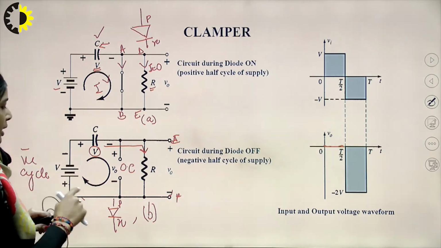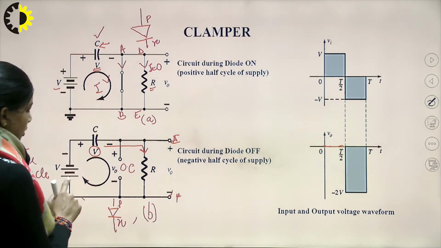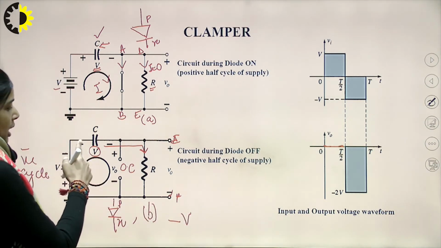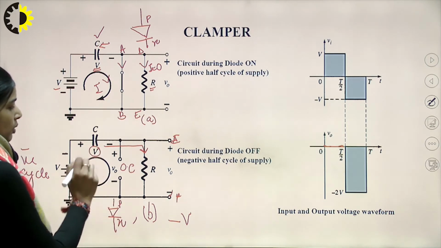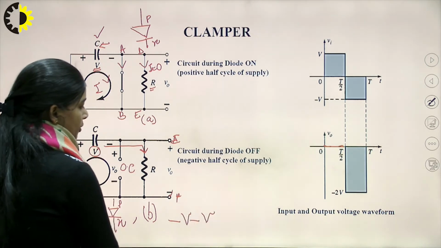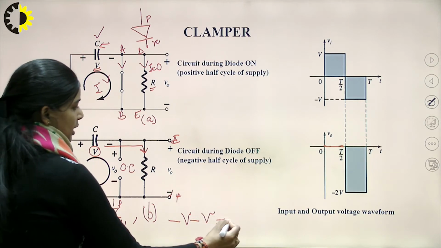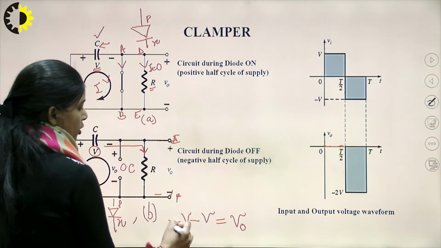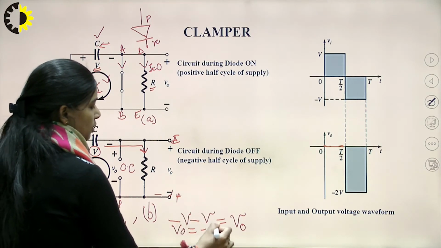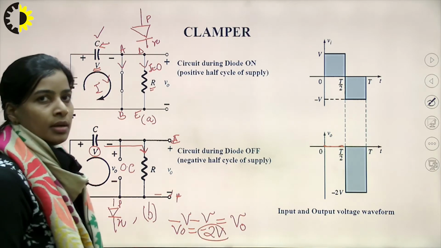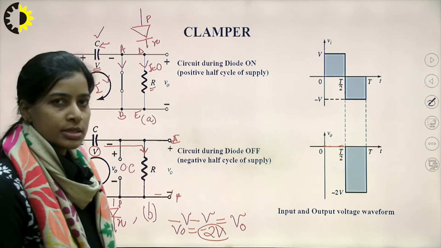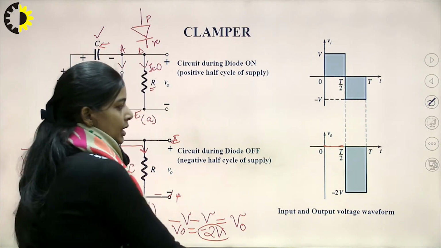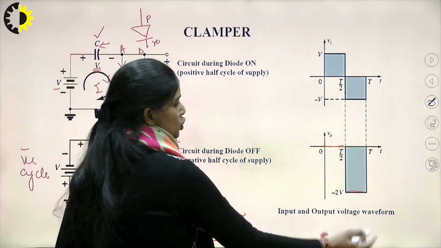How is this minus 2 volts appearing? Because here the polarity on this battery is going from plus to minus, we have minus V. Then this capacitor is charged with positive and negative polarity to a voltage V. So, again we will have minus V, that is equal to this voltage V naught. So, finally, the V naught we get is minus 2 volts. This minus sign indicates that the resulting waveform will be in the negative direction, or we can say the magnitude is minus 2 volts.